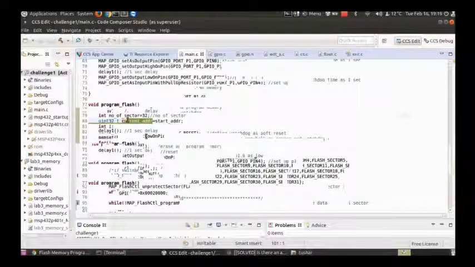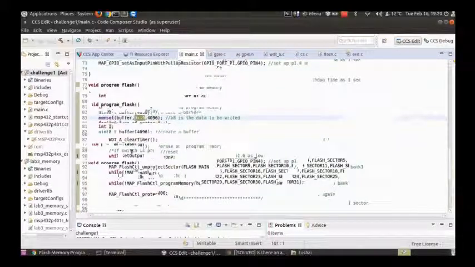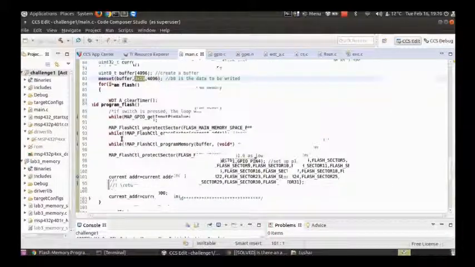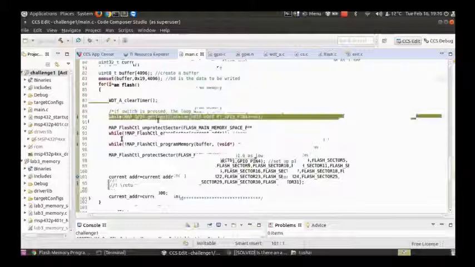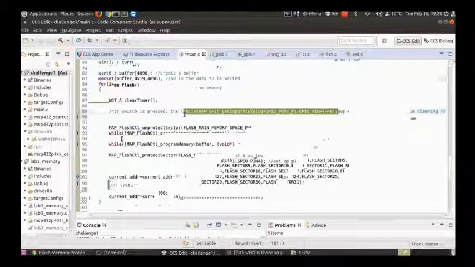This is a buffer, and this is the data that we'll be writing. So all the flash memory content will have the data 0x19. For all the sectors present, that is 32, we use a for loop. Each time the loop runs, we first clear the watchdog timer, and then we check if the switch is pressed or not. If the switch is pressed, this loop gets called, which is kind of an infinite loop because this condition stays true.